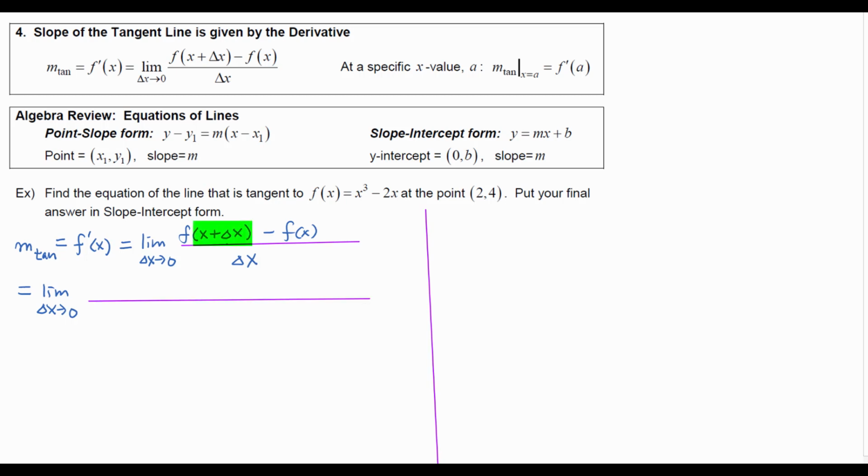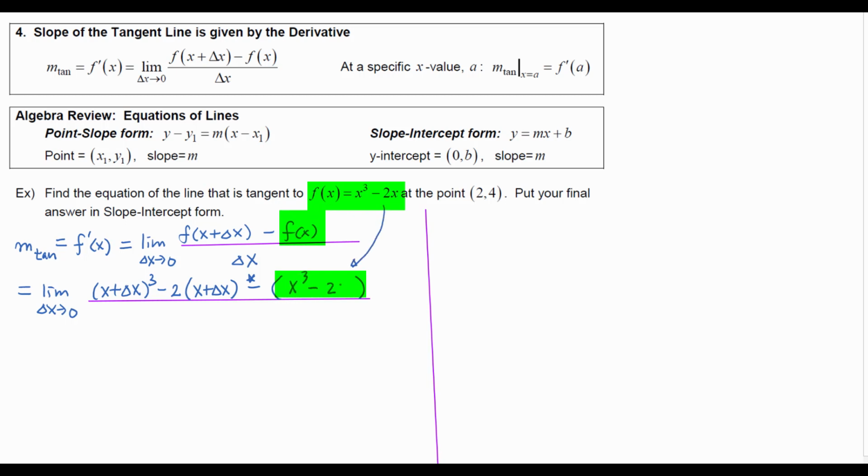Since my input is x plus delta x, you need to do input (x plus delta x) cubed minus 2 times input (x plus delta x) minus f of x. And because my f of x is more than one term and because I'm subtracting, I need to make sure to put the parentheses there. Remember me telling you that before? And now my f of x, you can just copy, and it is x cubed minus 2x there